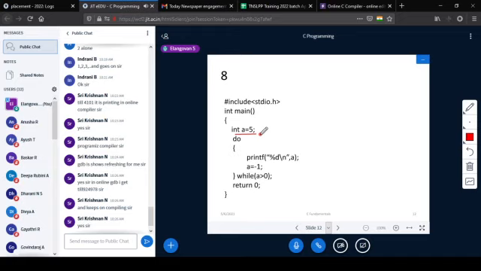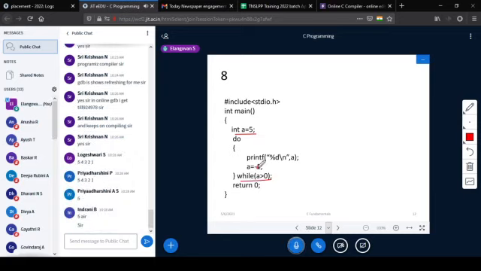Now the value of A is -1. Yeah, 5 alone, not 54321. 54321 is wrong. Only 5 will be there. Why? Because A becomes -1 here. Is -1 greater than 0? No, so it will come out. That's it. So A is 5 alone. The output is only 5.